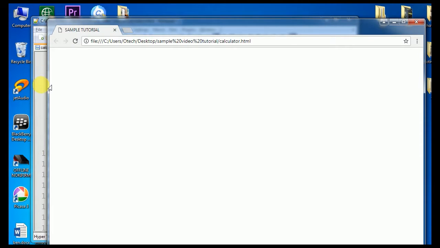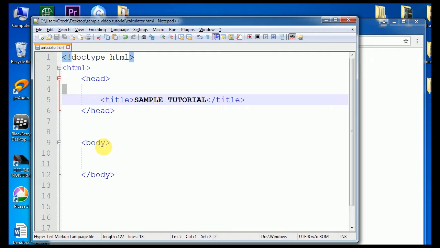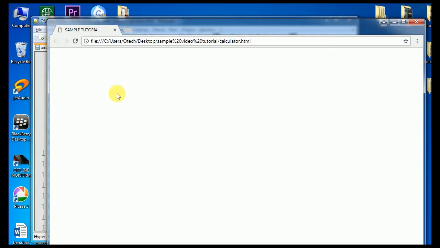Let's proceed. In our web development tutorial on beginners level, we are going to tell you how to change background color of your page and a whole lot of that. But for the sake of this video tutorial, I want to only focus on designing that calculator, so I'm not going to change the background of this page. I'll just go ahead and create the calculator. To create this calculator,